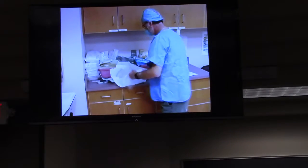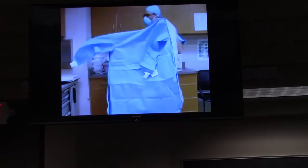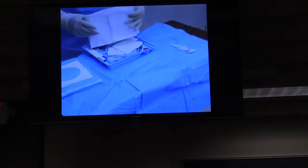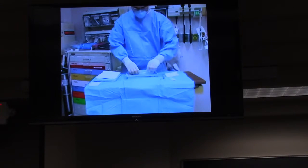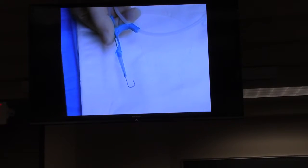Before unpacking the kit, put on a face mask, surgical cap, and a sterile gown and gloves. Next, lay out the equipment on the sterile wrapping from the kit. It is helpful to arrange the contents on the table in the order that they will be used during the procedure. Test the guide wire to make sure that it feeds easily through the straightener sleeve and then retract it